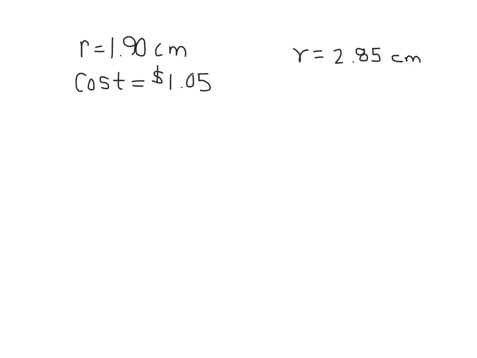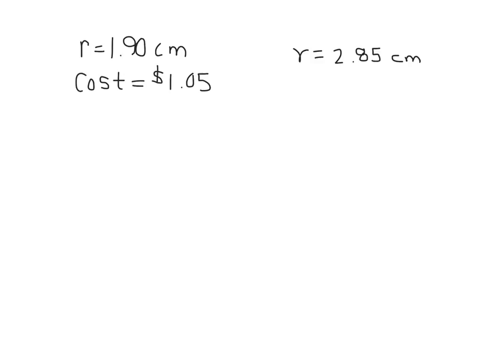This is number 67 in your review for section 6, where you're told that the material cost of a solid bronze sphere with a diameter of 3.8 centimeters is $1.05. So of course the radius would be 3.8 divided by 2, or 1.9. Compute the material cost of a solid bronze sphere with a 5.70 centimeter diameter, which again the radius would be